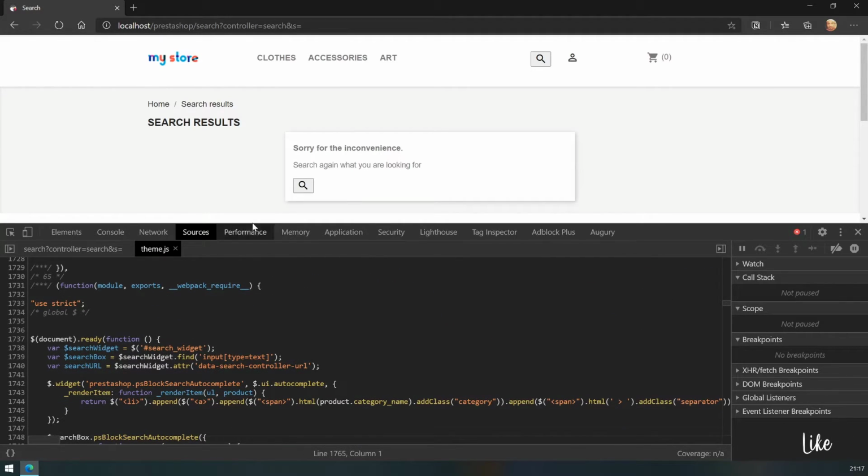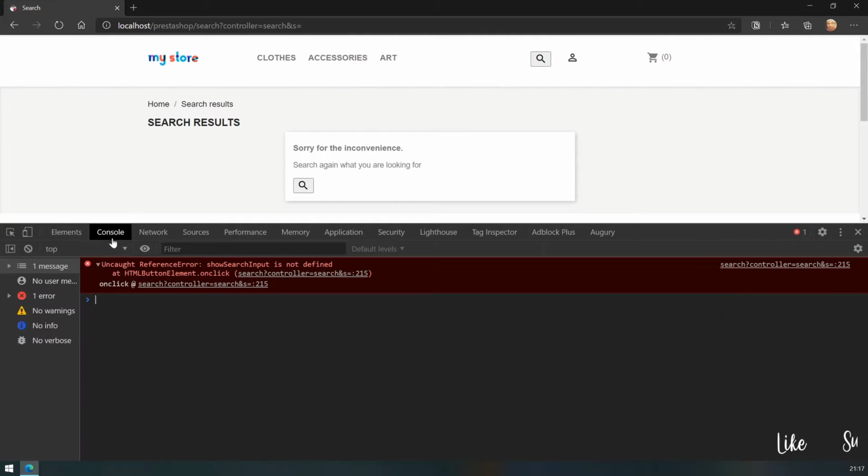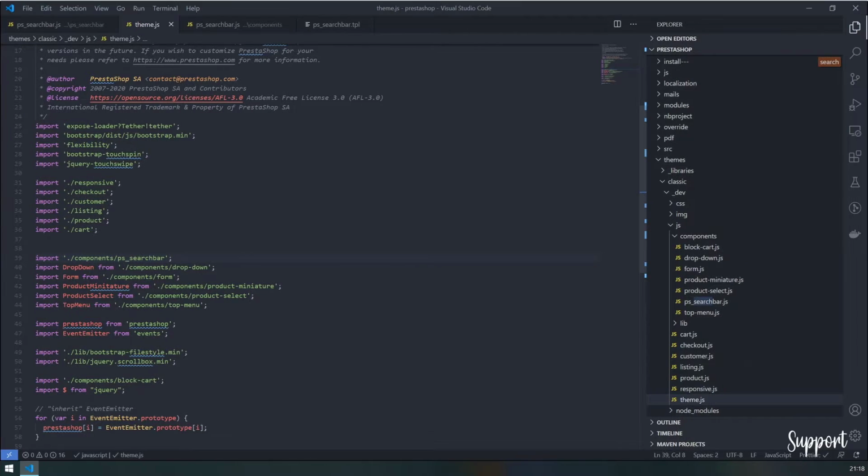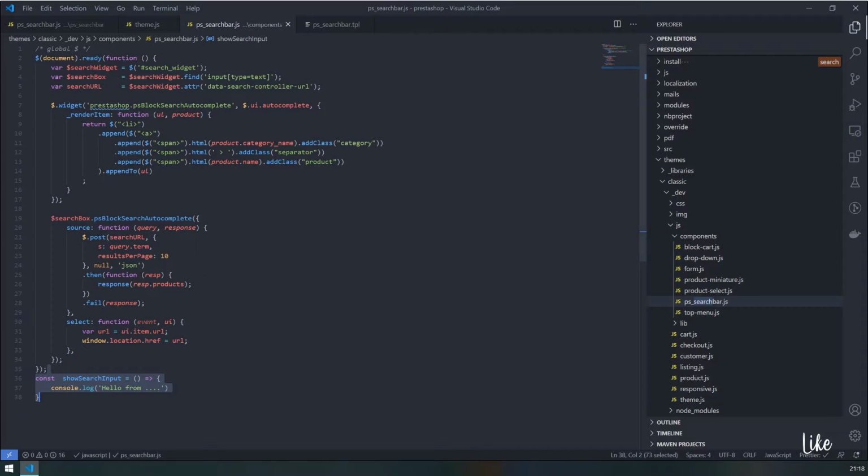So it's not available on the global scope. In a way, if I do this, I will run into this kind of error. So one of the solutions here that I'm not really a big fan of is simply to attach this callback to the window object. So here, if I go to my definition and I do window dot search input,